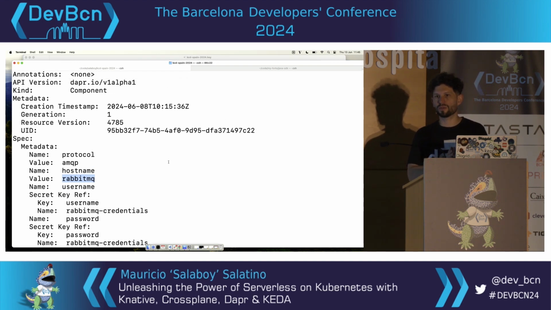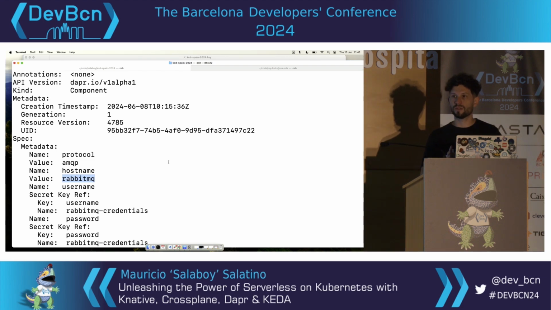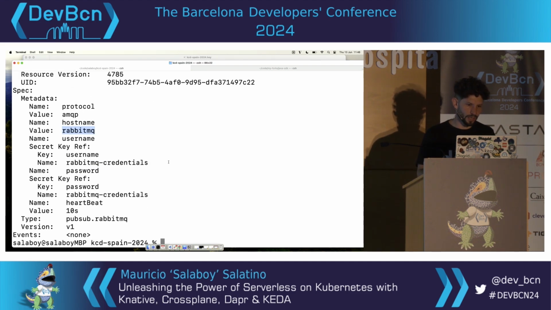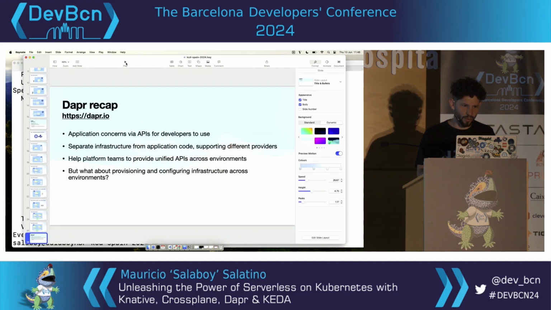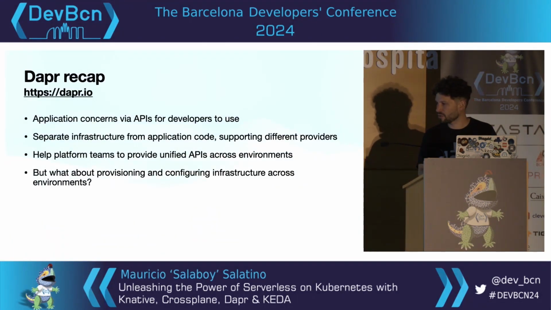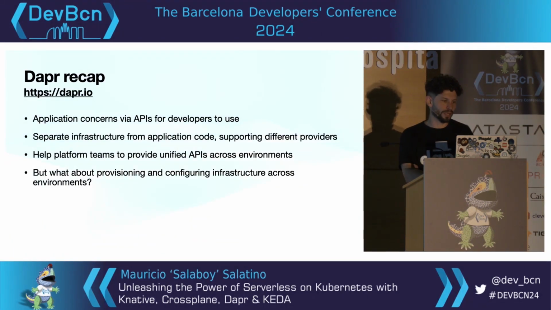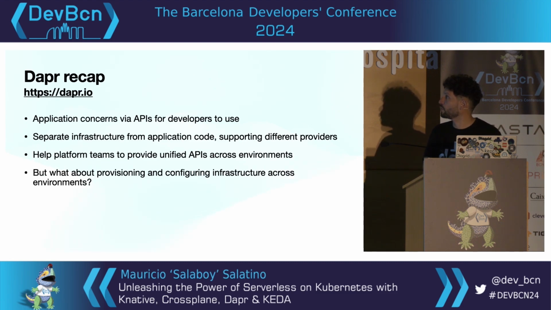Again, because it's a Kubernetes resource, you can start defining environments in Git, right? You have all these definitions on how to connect to infrastructure defined in Git, and then use something like Argo CD to replicate this environment somewhere else. And I think that's what I wanted to share about Dapr. Again, I'm trying to share the main points and some examples quickly so you can go and research more if you're interested in that space specifically.